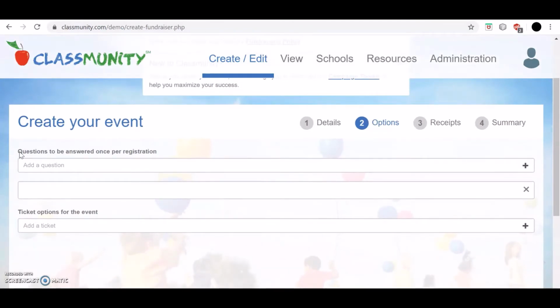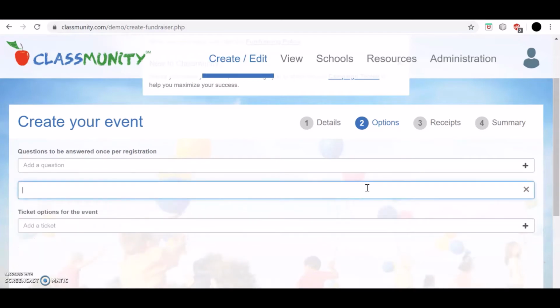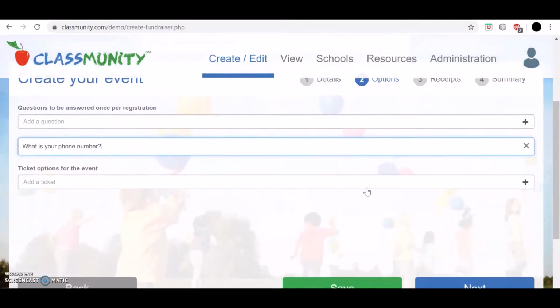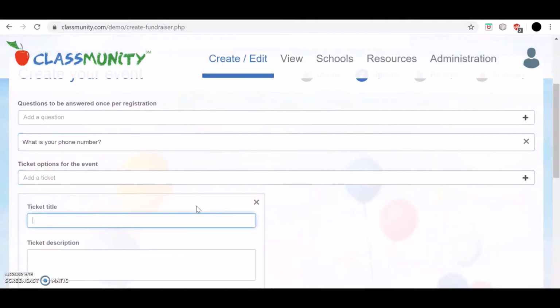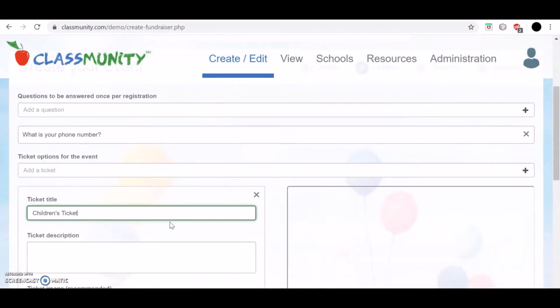Afterwards, you'll be asked to add a unique question to be answered once per order for your event supporters. This can include asking your supporter's phone number or name of student. Below that, you'll be able to customize what type of tickets are available to choose from. Tickets contain attributes such as ticket title, description of the ticket,